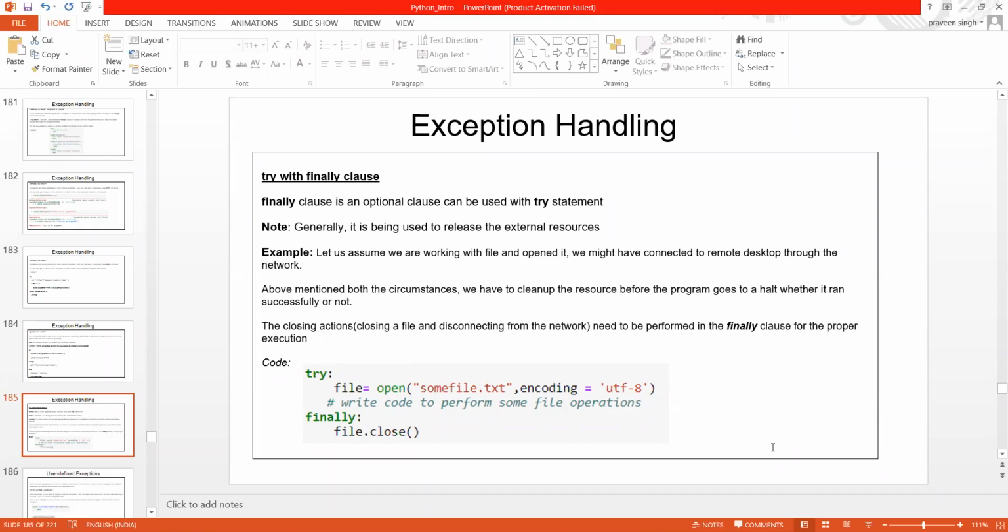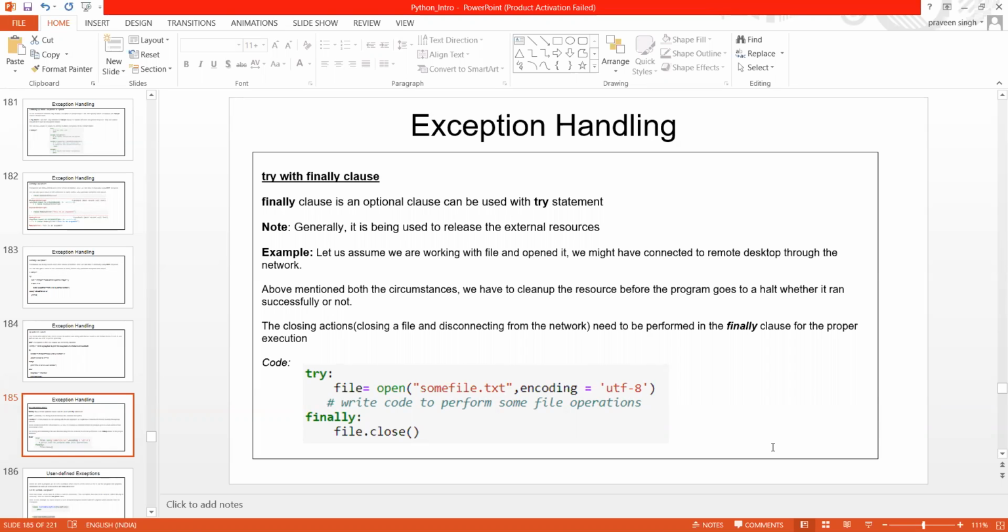Now, I hope I gave you a lot of time. Now it's better for me to explain through the code. Okay, so let me move on to the coding part. Here in the code, I have just given you a glimpse about it. What exactly I have written here, you can look into it. I have written one try and one finally.